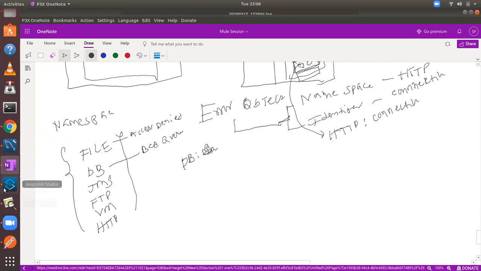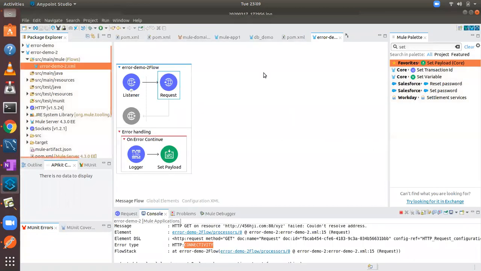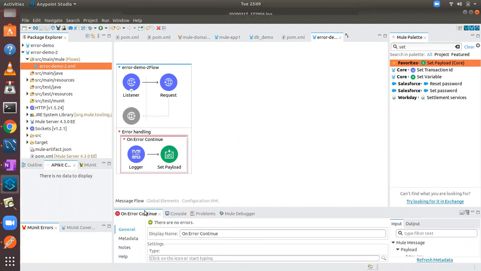That error object is thrown to the error handler scope. So here in this example, an error object got created over here, and that is thrown to your error handler, right? The error handler in this case contains only one error handler scope. To see its capability, click on the error handler scope and go to the properties.